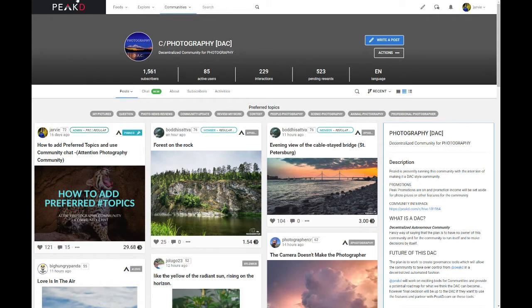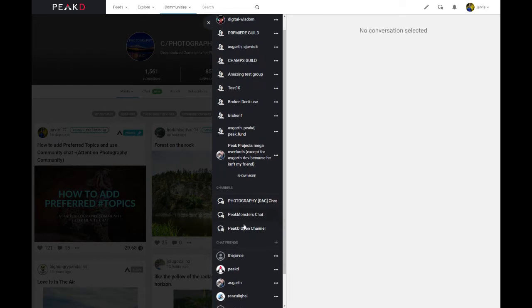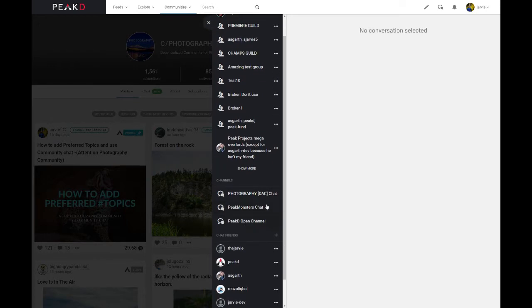So then the second thing that we did a lot of work on was BChat. So we're going to go in here. Now, first of all, let's explain how it works. You can do direct messages, or you can do group messages. And most of our recent updates were to group messages. When you have this little icon here, that means it's a group message. I've personally done a lot of testing. We've broken a couple of things, and we fixed them, and stuff like that. Now that's different from community chats, which are down here in the channels. That was our previous update. We did a lot of work on